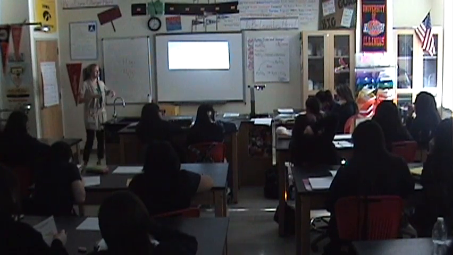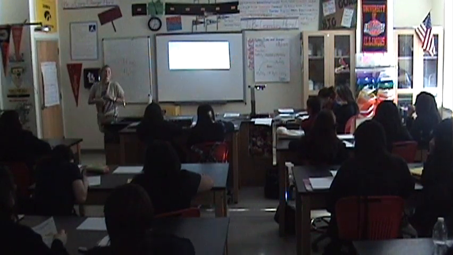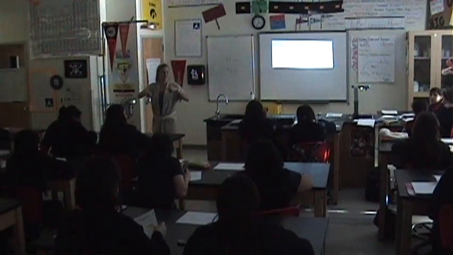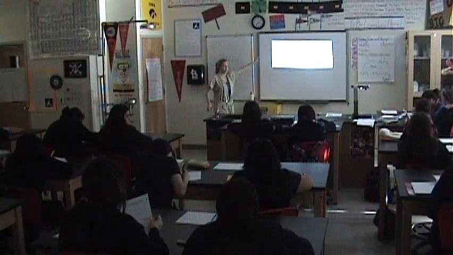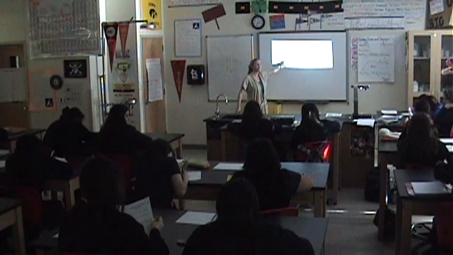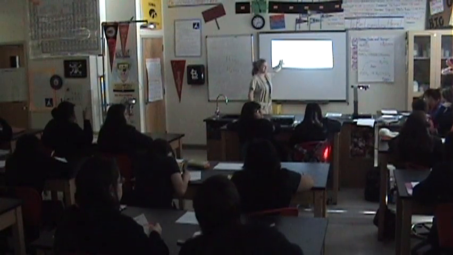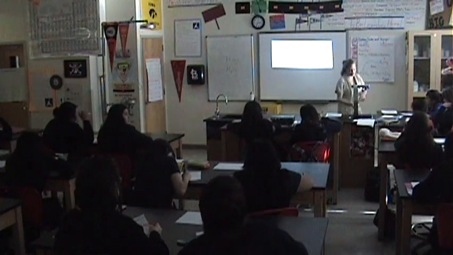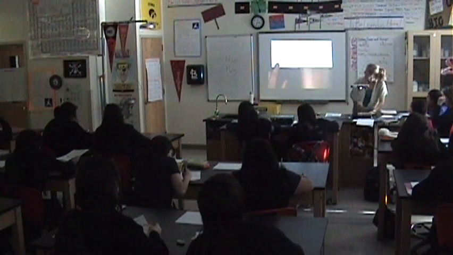Chlorine is a diatomic ion. Okay, so Cynthia, can you repeat that? What's wrong with chlorine the way we have it written right now? Not a polyatomic ion, a diatomic ion. Very good. So instead of just Cl, we need to have Cl